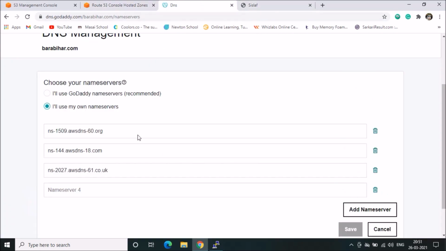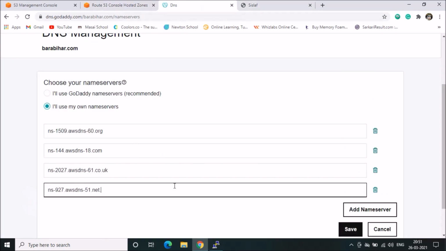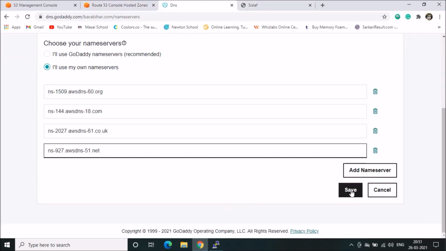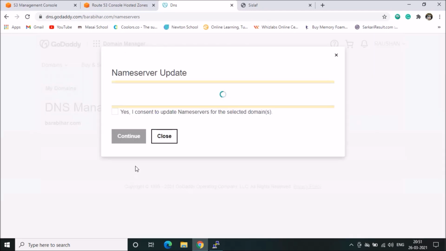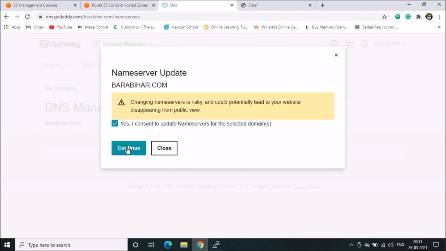If you make a mistake in any one point, it is not accessible. Then we will click on save. Then check this box and continue.